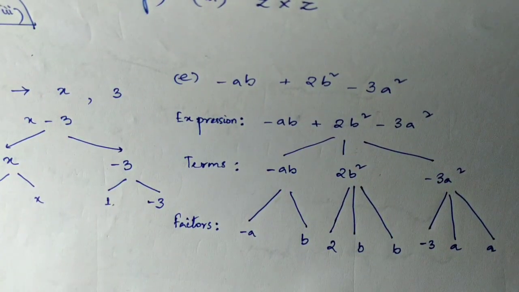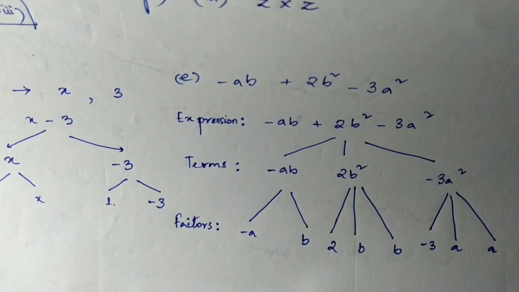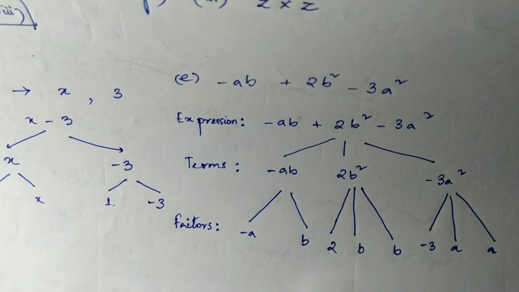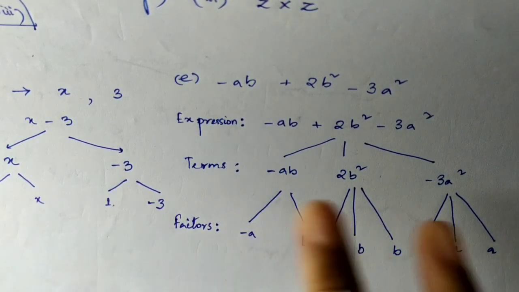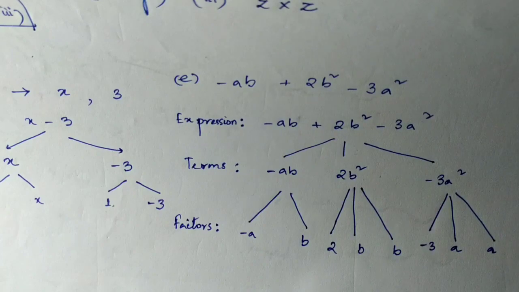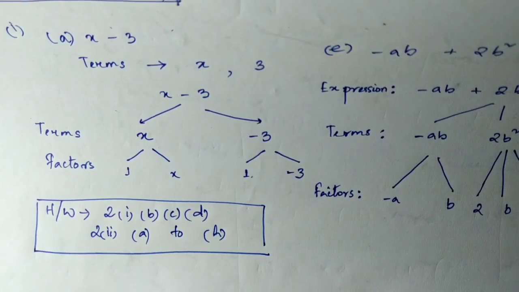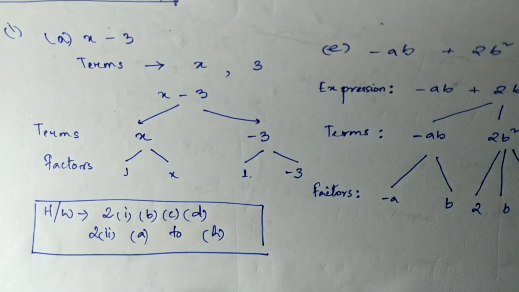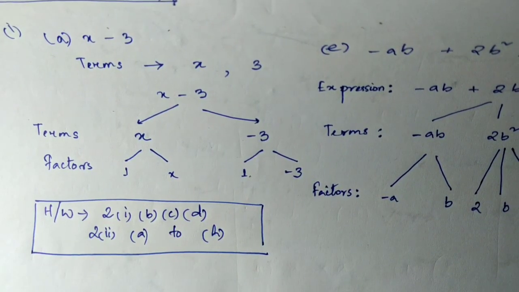So I would like all of you to try the remaining questions of question number 2. Okay, both 1 and 2. First, all the 5 sums, A to E, are through the tree diagram this way, and the second one you will do in the normal way. You have to try doing that. Okay, so all of these are in a similar method, so I am giving this as your homework so that you can try doing this.